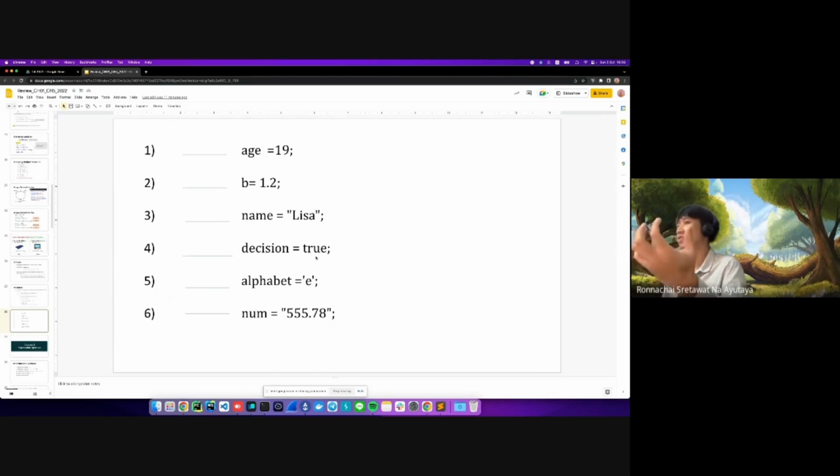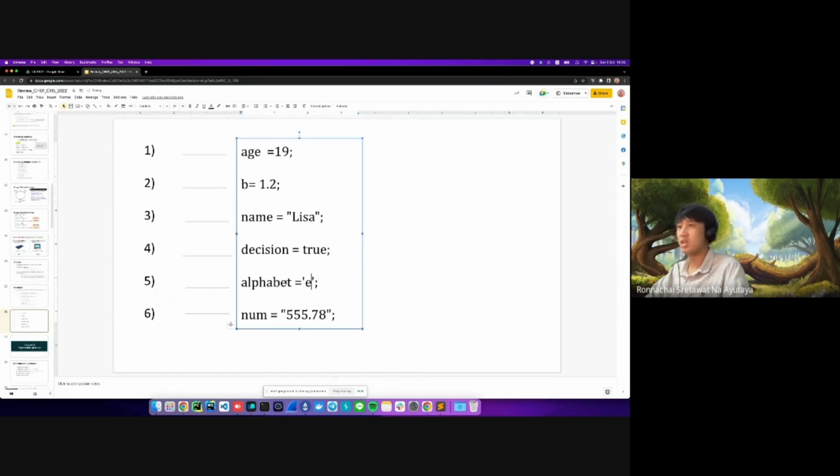It's true or false, so you could use Boolean here. And this one says alphabet equal to E. Alphabet equal to E gives you a hint here. Alphabet just E, right? Just one of them, and they have single quotes here. They're definitely short, right? You can use short here. And this one says number equal to